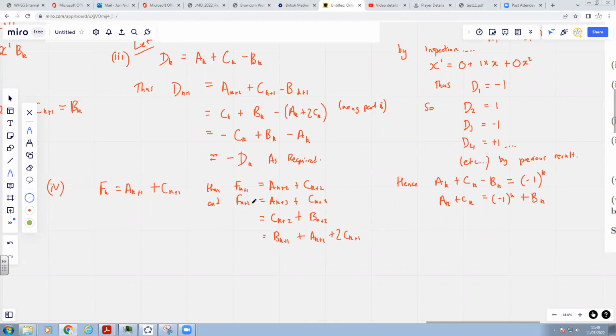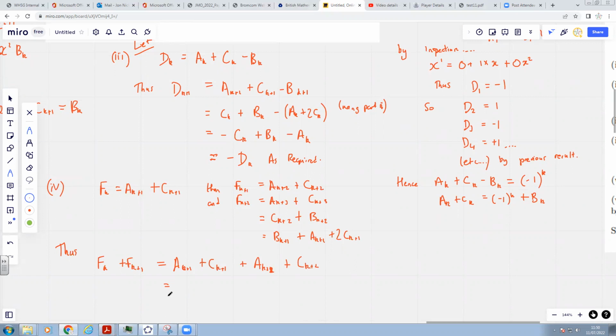Now, we've got f of k plus 2 here, we've got f of k plus 1 here, and we've got f of k here. So now let's investigate. Thus, f of k plus f of k plus 1 is going to be equal to AK plus 1 plus CK plus 1 plus AK plus 2 plus CK plus 2. Oh, but that equals,